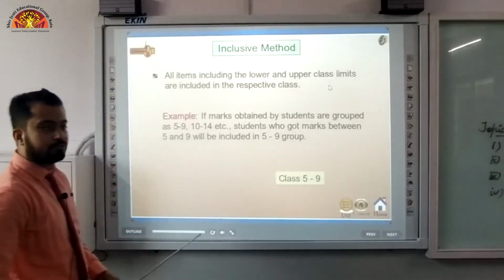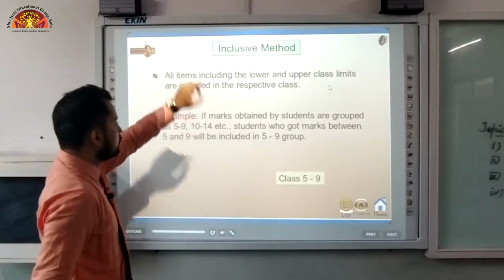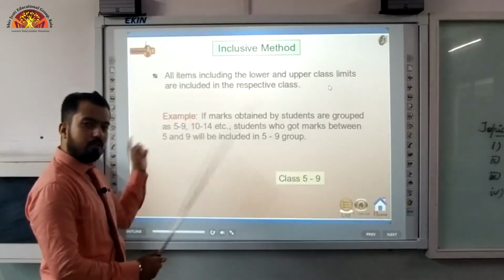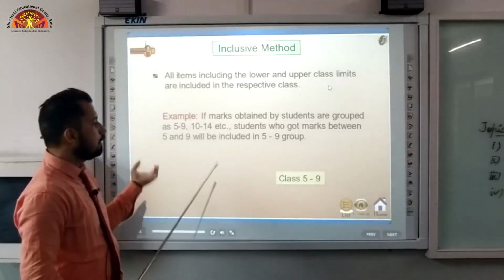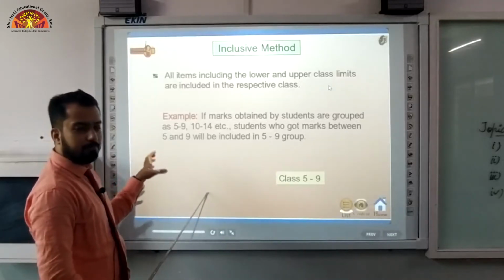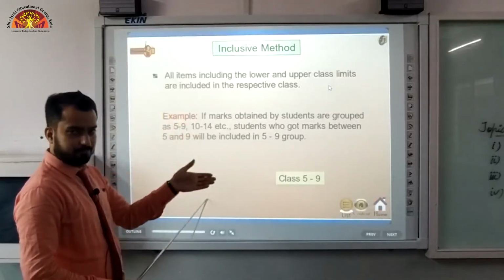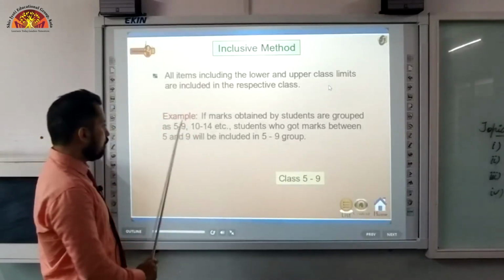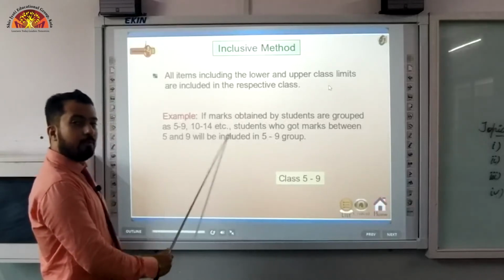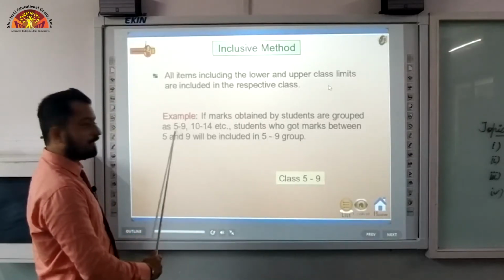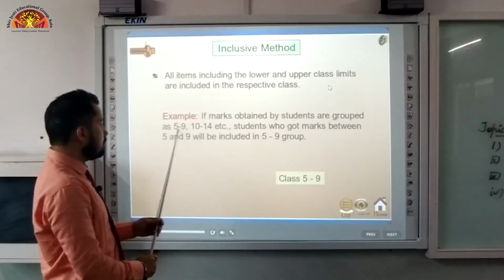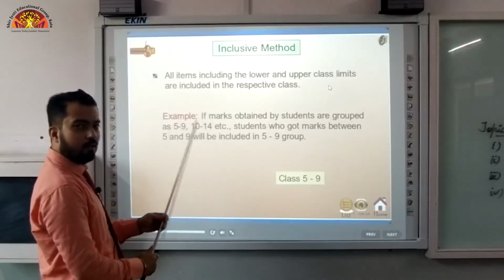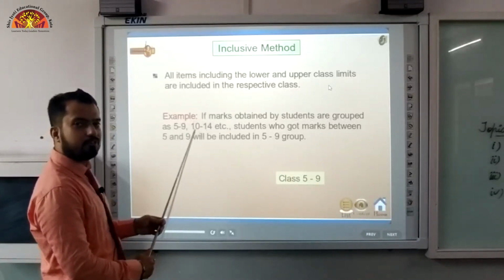Now see what is the actual meaning of this method. Children, now you can see this is 5 to 9 and the other is 10 to 14. But in the slides you have seen so far, the data provided was continuous. That means 5 to 9, then next it should start from 9. Or if it is 5 to 10, then the next will be 10 to 15. But here there is a gap. You can see there is a gap between the L2 of this class and the L1 of the next class, that is of 1.